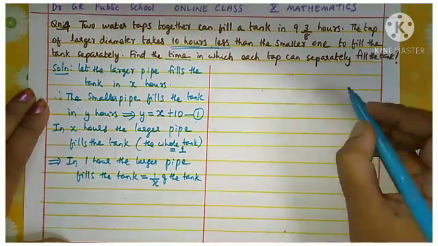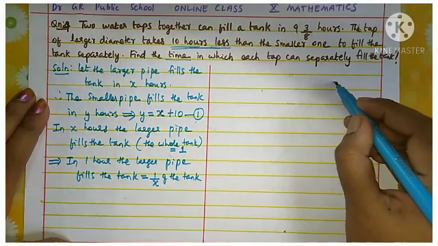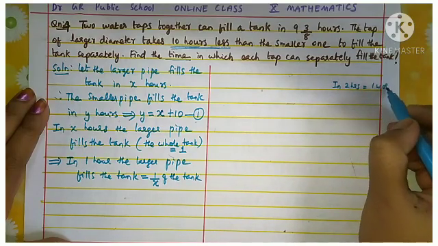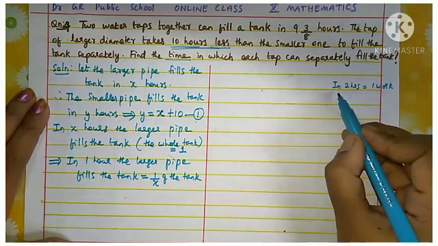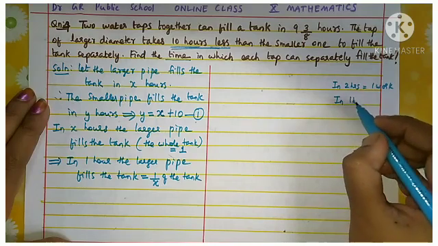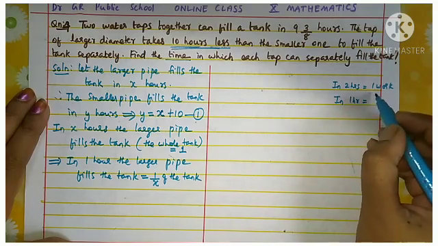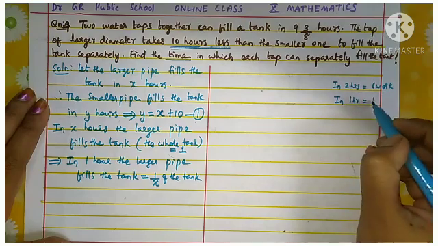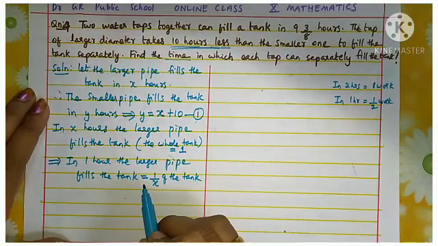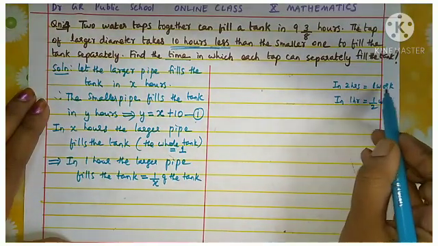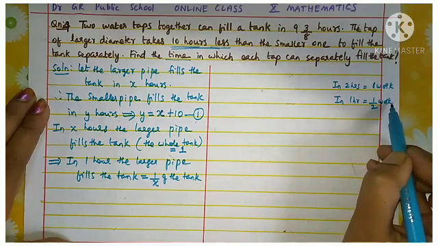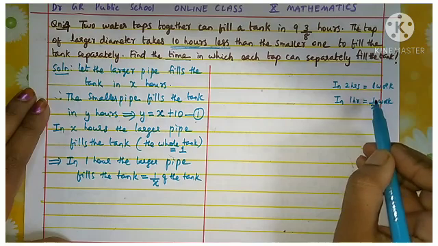Okay, if you think about an example, if you are doing one work, in 2 hours we can complete one work. Can you say in 1 hour how many work we can complete? Yes, that is 1 divided by 2, half work. So this is the idea I applied here. In 2 hours, if you can complete one work, then in 1 hour, 1 by 2 of the work. Okay, the same idea only here.